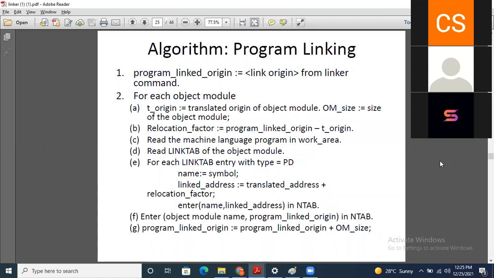Then it will read the machine language program in the work area, and then it will read the link tab of the object module.